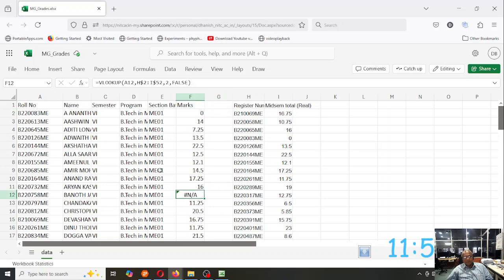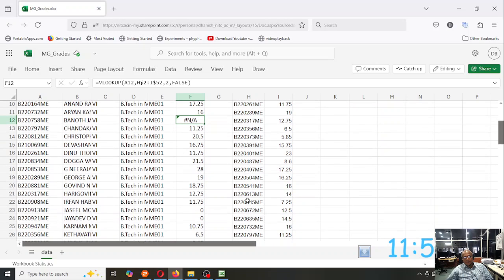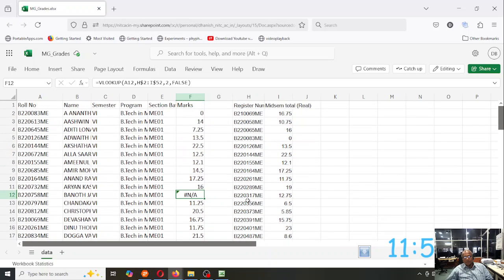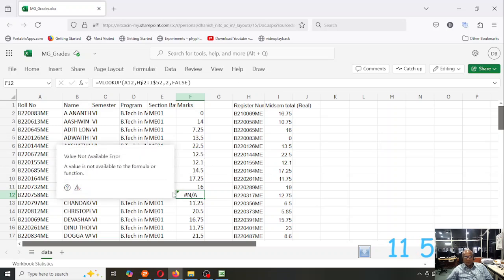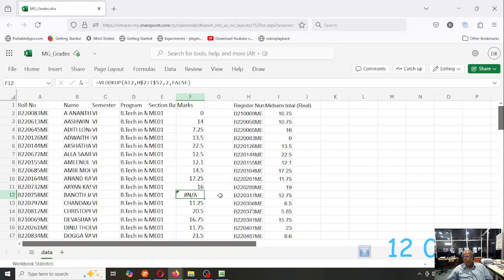Now one column is not available. That means this roll number is not available in the table. So possibly this student is not enrolled in Moodle. So I have to change this to